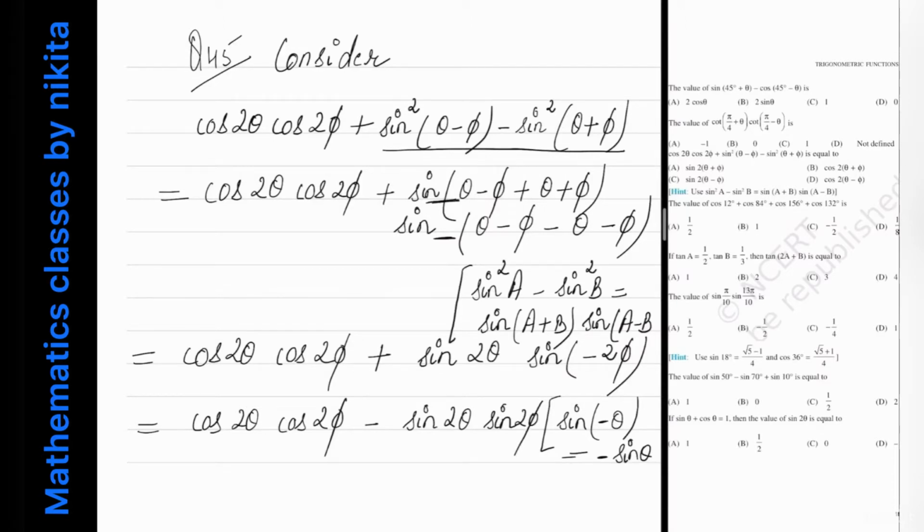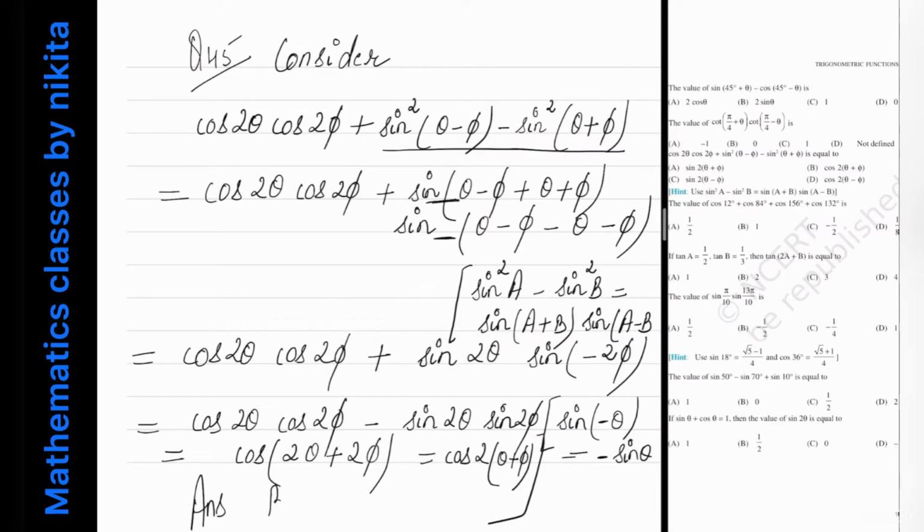तो ये किस टाइप का है, cos A cos B minus sin A sin B, and you know that this is nothing but cos of A plus B. So you will get cos of 2 theta plus 2 phi, which is nothing but cos of 2 times theta plus phi. Okay, so therefore the correct answer is, यहाँ पे आप देख सकते हैं, so B part is the correct answer. So therefore answer for this is B part. I hope you have understood the question.